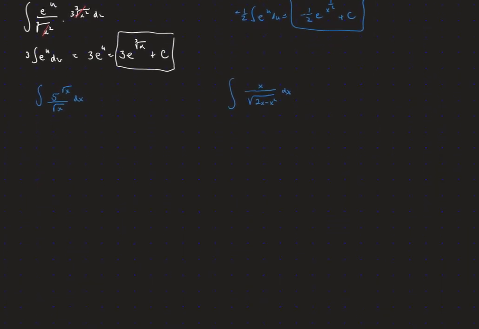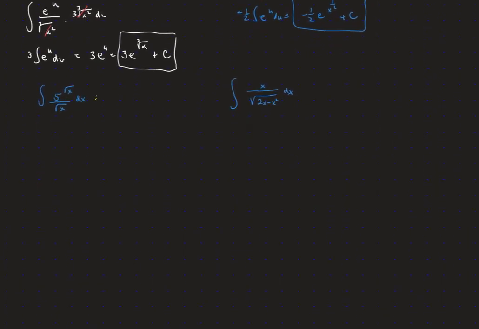So the next one, again, we're going to say, let's try u is the exponent, square root of x, which we're going to think of as x to the 1/2. That makes du 1/2 x to the negative 1/2 dx, which is 1 over 2 square root of x. So solving for the dx is 2 square root of x times du. So our integral becomes 5 to the u. I'm going to leave that as a square root of x for a moment,